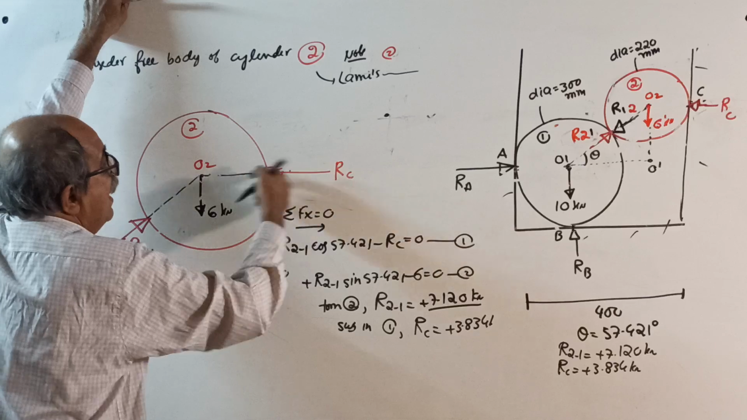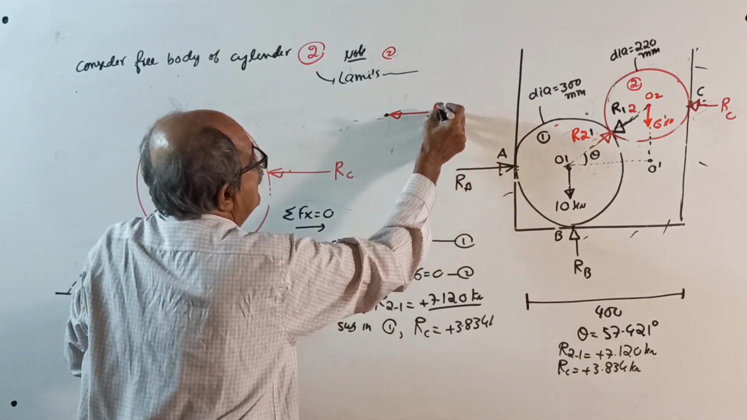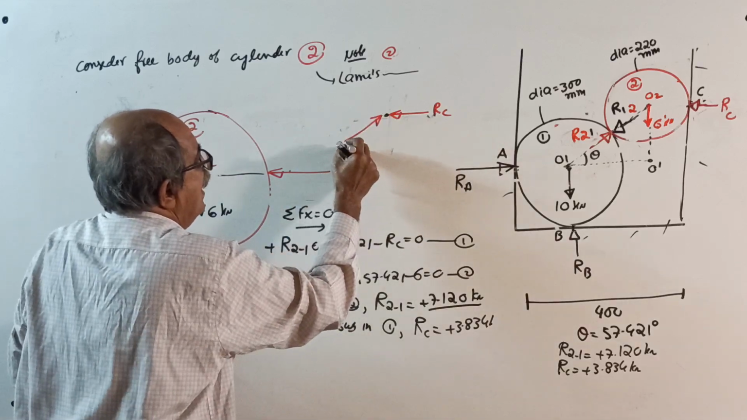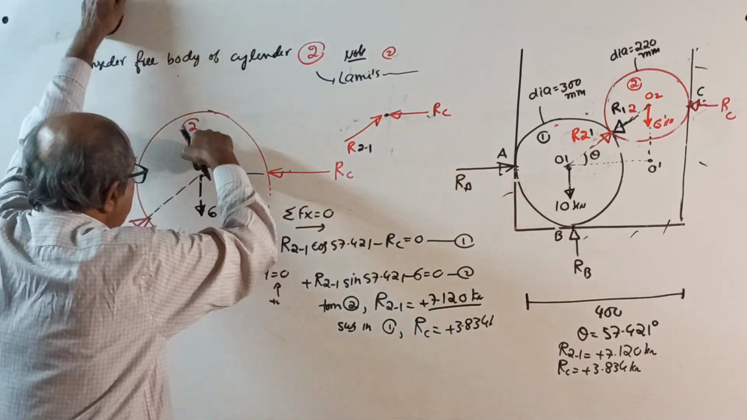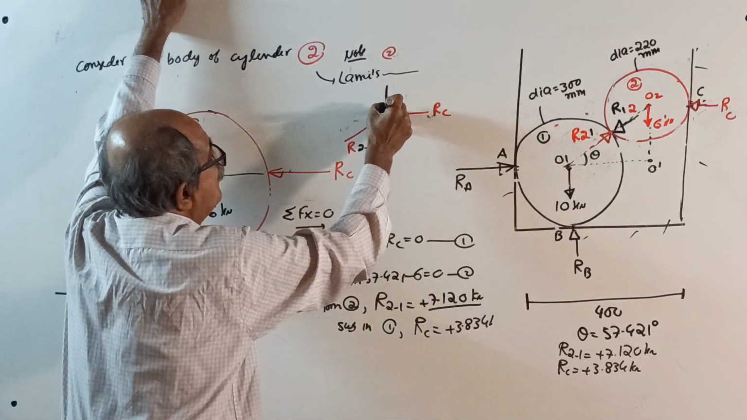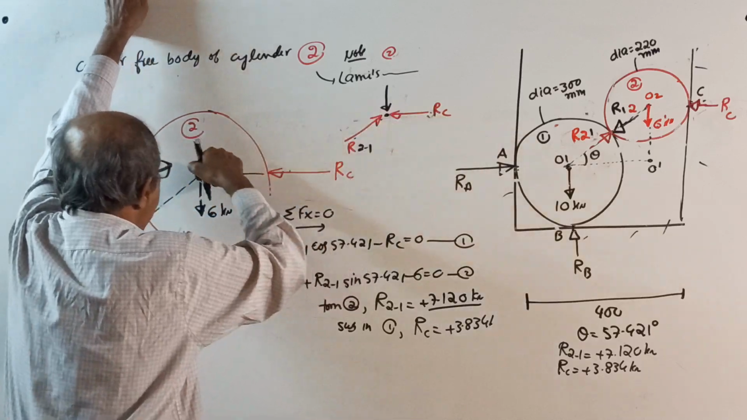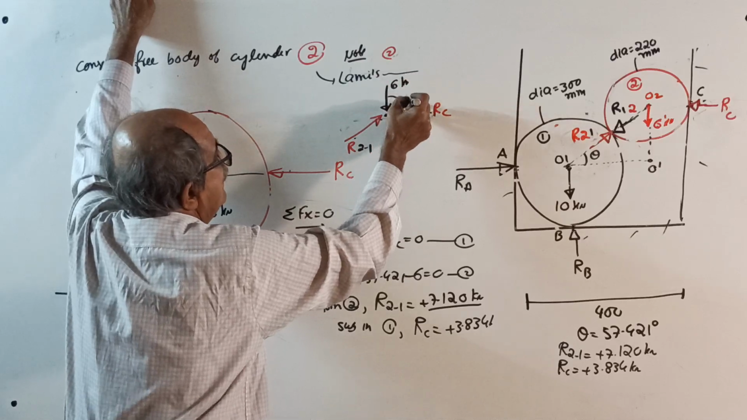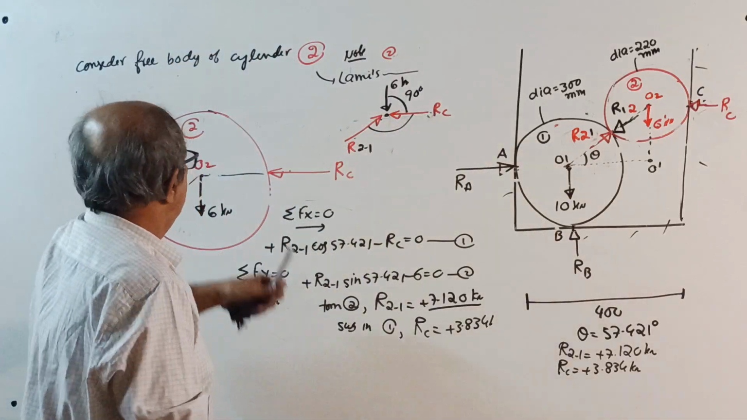See, RC this way. R21 this way. The 6 down, you should write here. Why? These are acting towards the point. This is 6 kilonewton. This angle is 90 degrees. This angle is, see here,